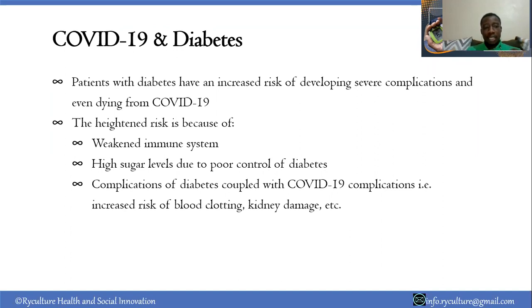So that will affect how you develop a severe condition if you have coronavirus. Then the complications of diabetes are coupled with COVID-19 complications. For the evidence that has been coming, people who have kidney problems are at a higher risk as well. And also coronavirus is causing kidney problems, acute kidney injury. People who have diabetes have an increased risk of developing kidney problems. So that is why they have to ensure their sugar levels are maintained at an optimum, which is a lower level as much as possible.